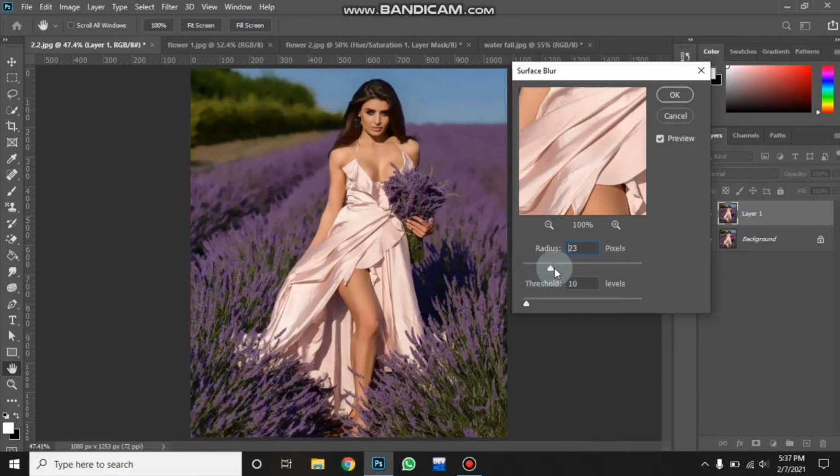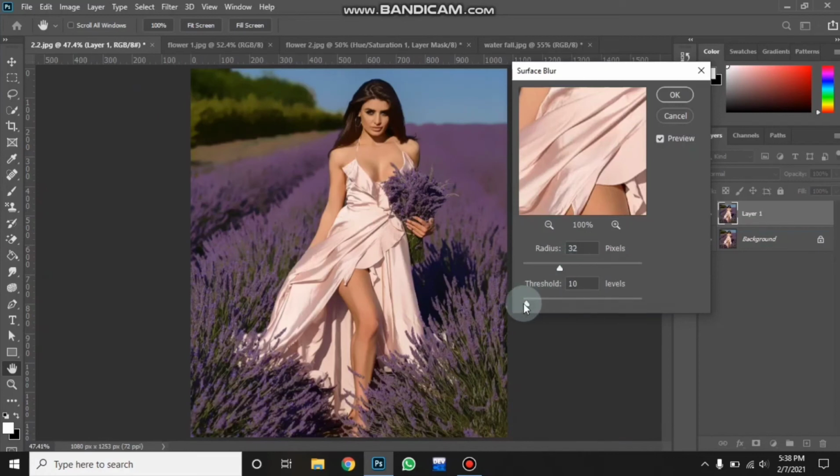If we increase the radius, this part is losing its texture, trees, sky. But the bottom of the image didn't change, because remember, surface blur doesn't work on sharp edges or corners like you can see here. It always works on smooth areas. Sorry for the disturbance.